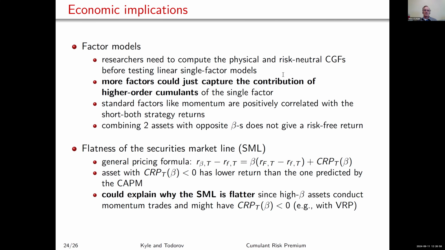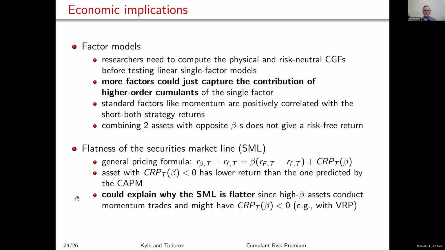We also think that when you look at these factors, there are lots of different factor models that researchers put together, but some of the factors actually might have these higher order cumulants built into them automatically, such as the momentum factor. Obviously, it seems like it potentially has the higher order cumulants built into it. But I also think that even something like a small firm effect could, because small firms might be more starved for capital than large firms. And so at times when leverage is scarce, returns on small firms might be affected by these higher order cumulants more than the returns on large firms.